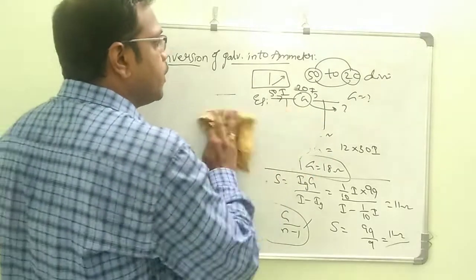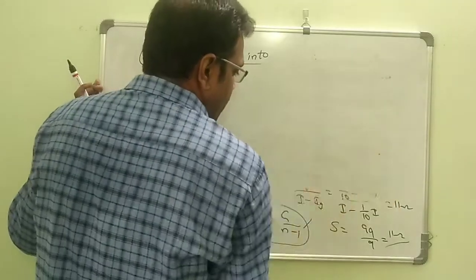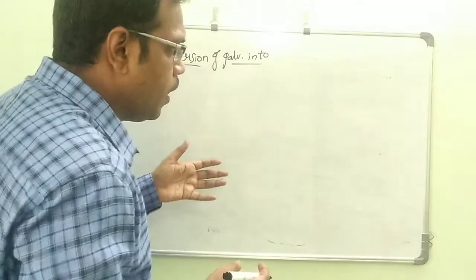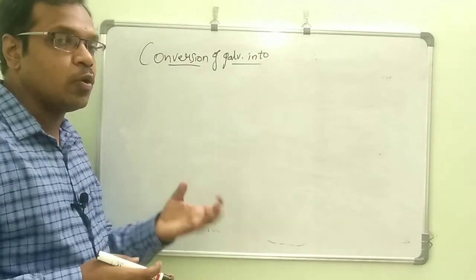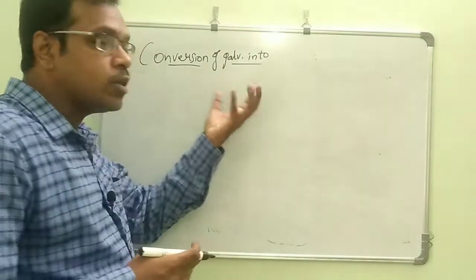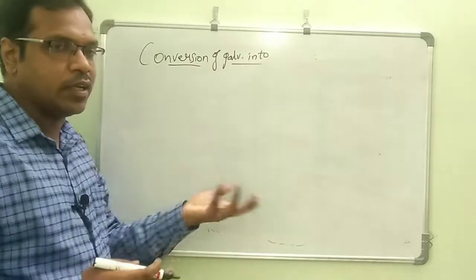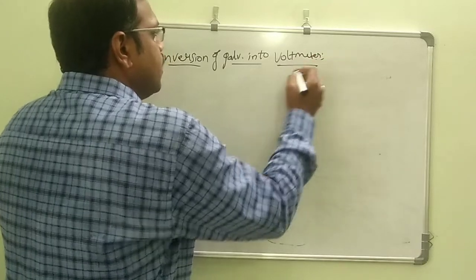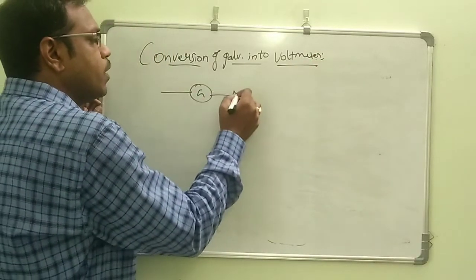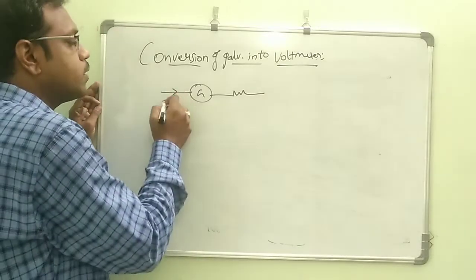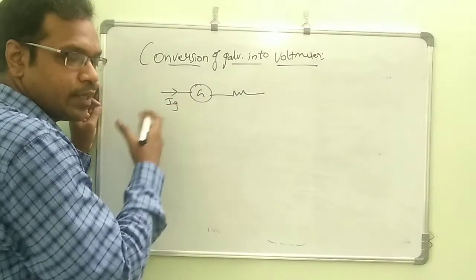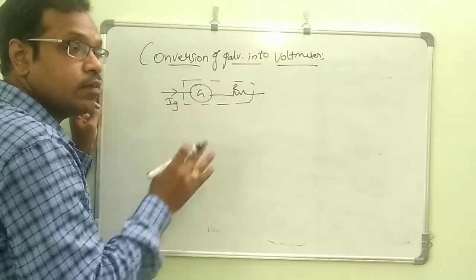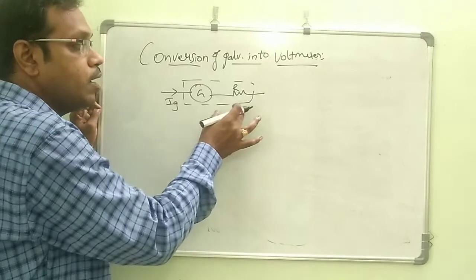Next one, we'll go for galvanometer into voltmeter. This voltmeter, suppose if you see, an ideal ammeter has zero resistance. An ideal voltmeter has infinite resistance. Already you studied this in your lower classes. And for the voltmeter, we need to connect one resistance in series so that the galvanometer gets the Ig current, and this is called a high resistance. Previously a very small resistance, now you have to take a high resistance.